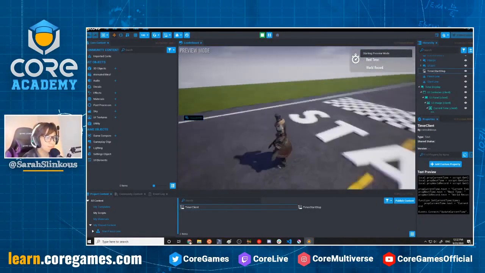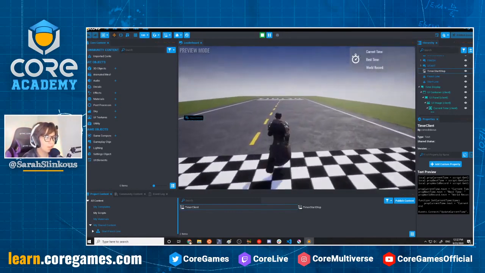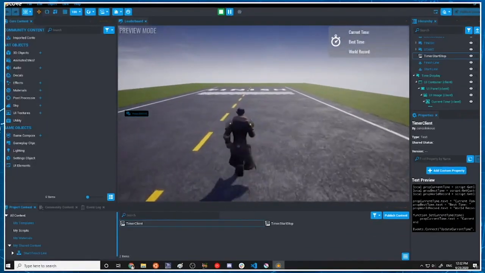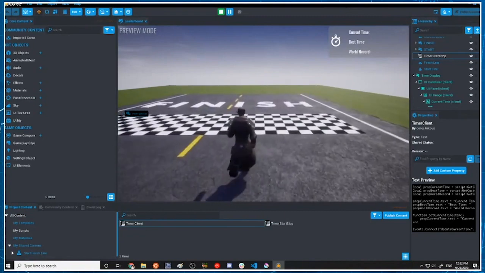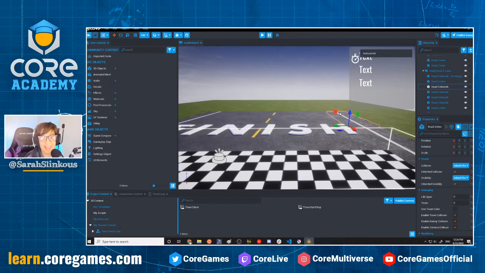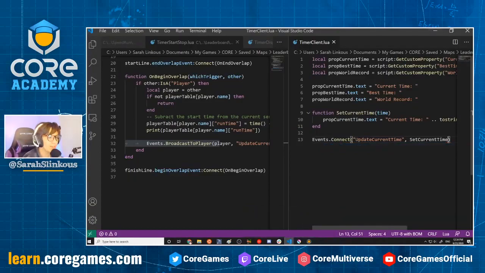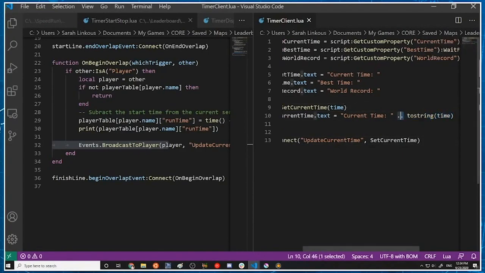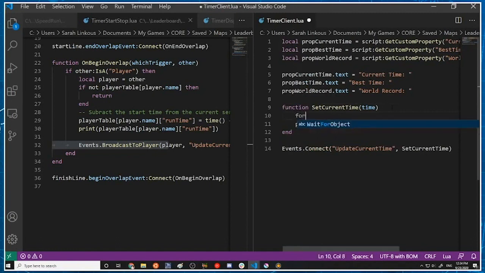Okay, so let's see this in action. So we're going to press play and run across the start line. And, oh, all right. I hope you guys missed it, but it now put it in my UI as the time. Okay, I'm going to show you my technique. Let's say we want exactly 2 decimals. There might be better ways, but let's just go ahead and do this, right? So we'll take time, and we'll say formatted, local formatted time. Okay, so let's say I didn't want it to have a decimal at all. What would I do? Well, I would say